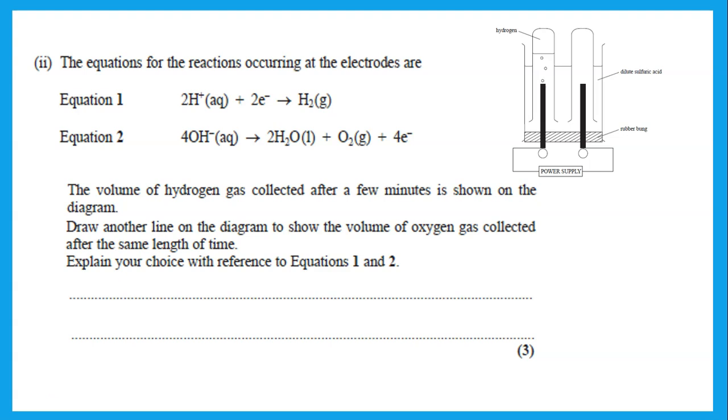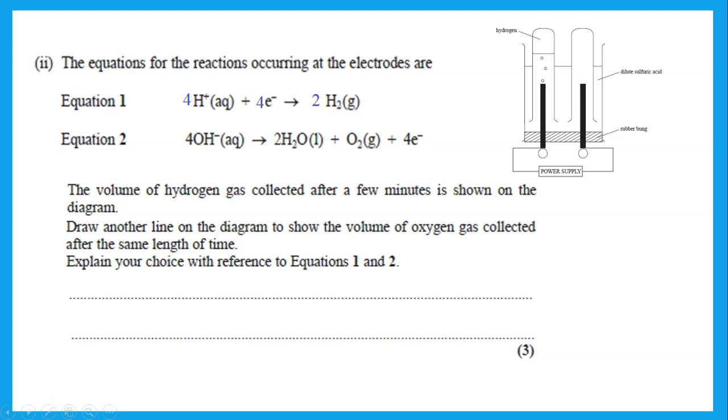So what should we do to equation 1 to make the number of electrons the same? Multiply through by 2. So this makes 4 electrons. Now we can compare the two equations. And from the equations now we can see that the first equation gives 2 moles of hydrogen and the second equation gives only 1 mole of oxygen, and that means the volume of oxygen should be half the volume of